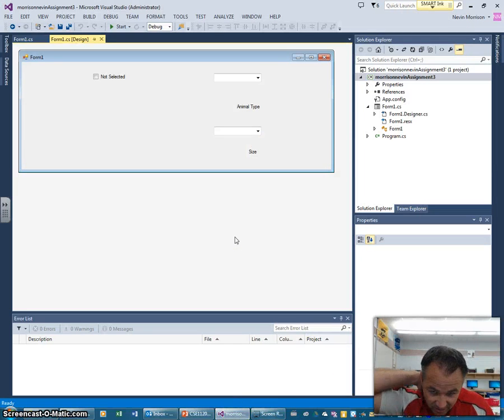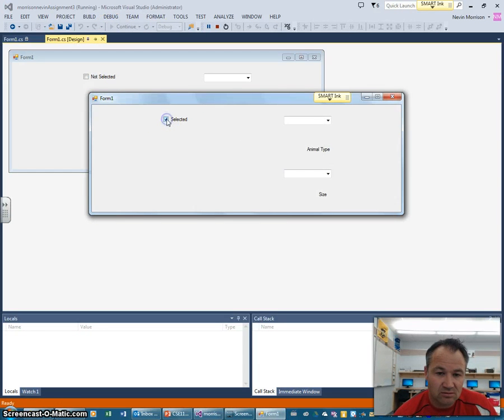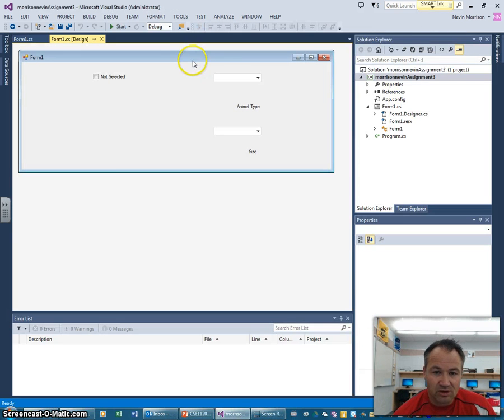Okay, we're back here. Currently, if you run your program in assignment number 3, you should have the checkbox functional. If we select certain animal types, we should get this change in this label here. We should also have these sizes that change based on that. So we're going to add one more UI element here, and then we're going to start talking about looping, and